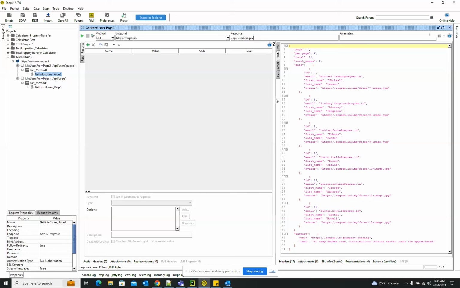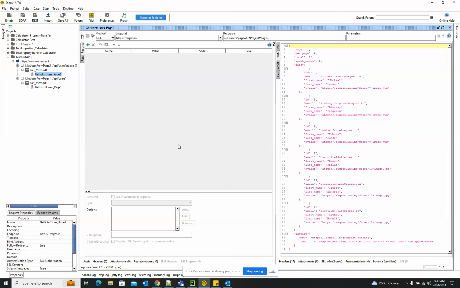So what you can do, hash, dollar, opening and closing braces, and then hash project hash page 2, right? So now if I run it, so again we are getting the page 2,